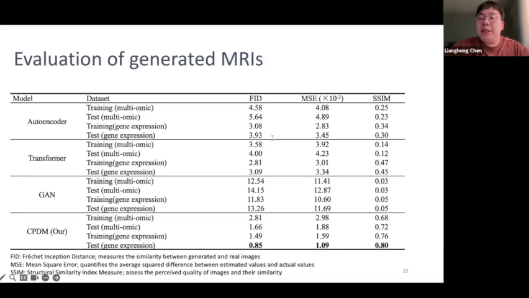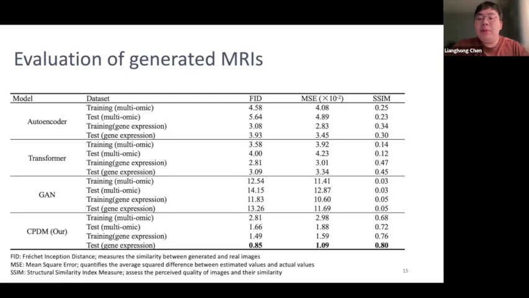MSE is another metric that's commonly used in image synthesis tasks. MSE assesses the accuracy of the generated images. A low MSE implies a small error and a higher accuracy. SSIM measures the quality and the structural similarity of the images. The range of SSIM is from 0 to 1. A high SSIM indicates high image quality and structural similarity. These 3 metrics evaluate the model's performance through different aspects.